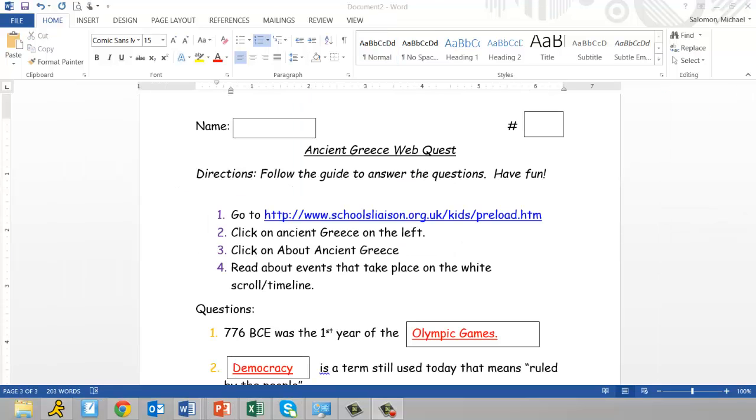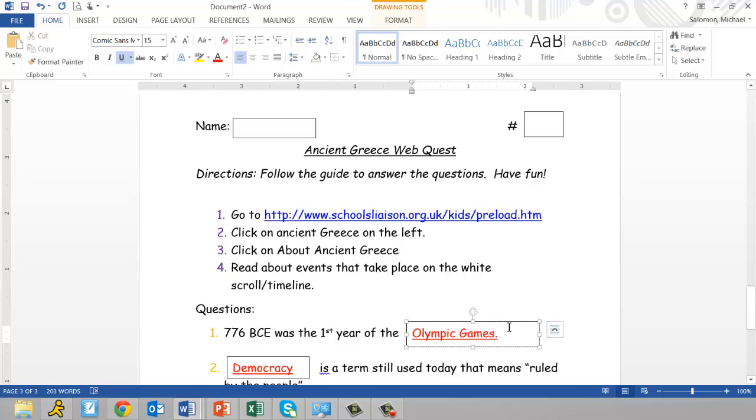Now, one way I use the Draw Text Box feature in a classroom assignment is on a web quest I created for my students to do in the computer lab on ancient Greece. A web quest allows the student to go surf lots of different websites. They're websites that you can provide them with, and they just follow simple step-by-step directions and answer the questions as needed. So right here, as you see here, I've used a text box for each of